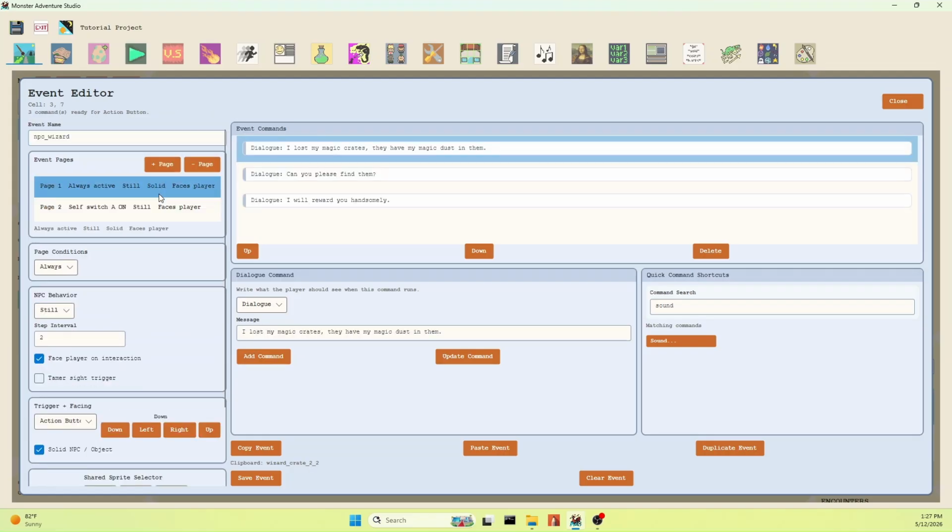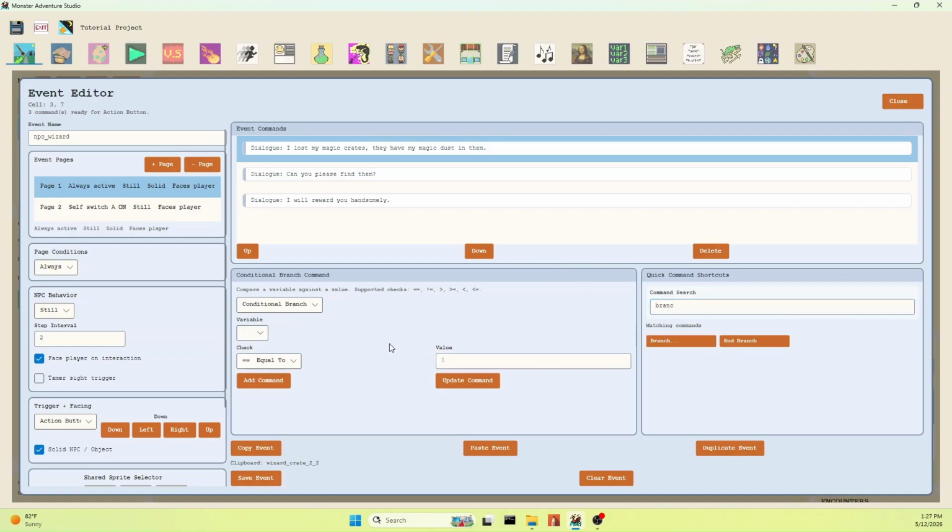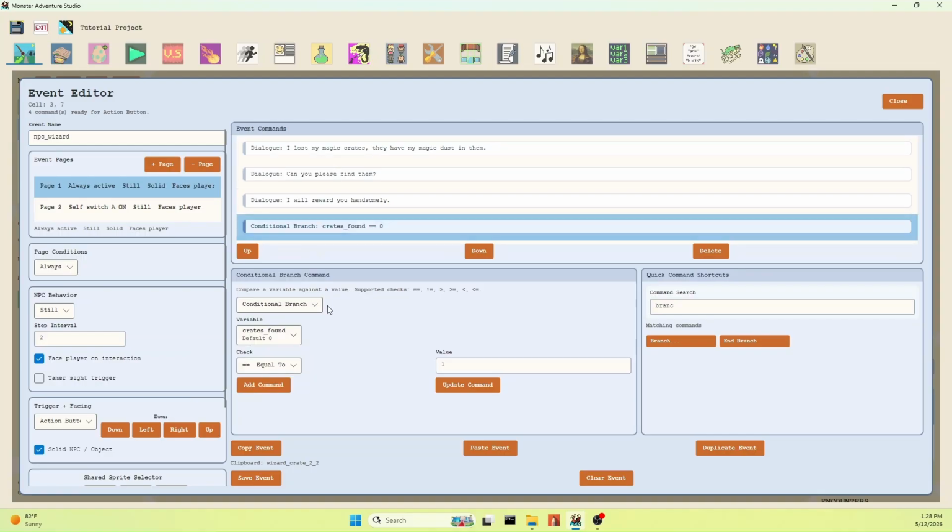All right, so up here, the way we can do this without having an event page that checks the variables is called a branch, a conditional branch. So if you type it, branch comes up. What this says is if this variable is equal to this, then we're going to do this. And we're going to add an else as well. So our variable, crates found, we'll add it here. Okay, and this is so we can do it all in one event here, just to keep things clean. So if it's equal to 3,